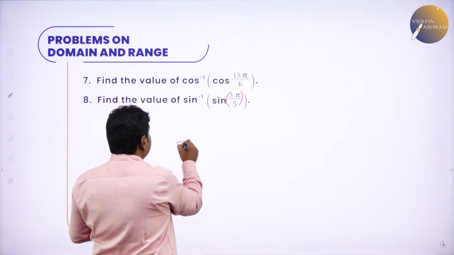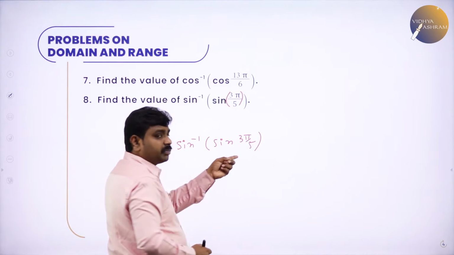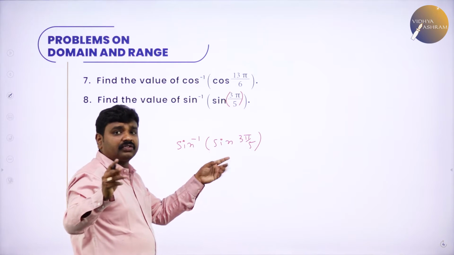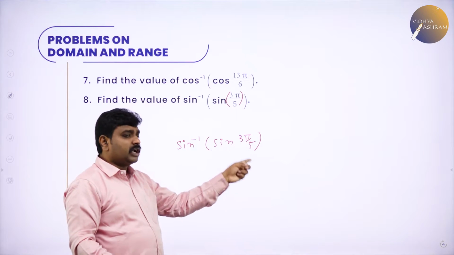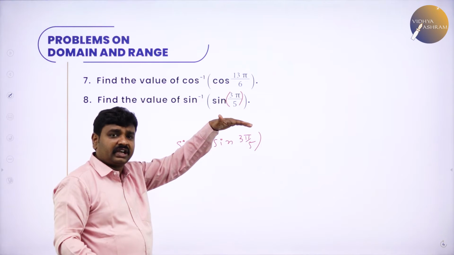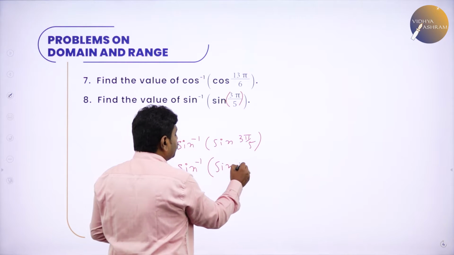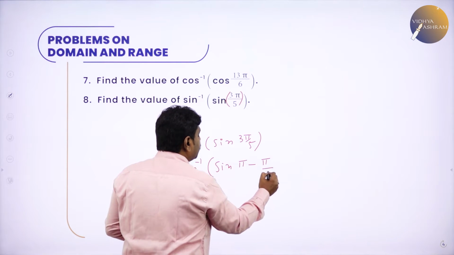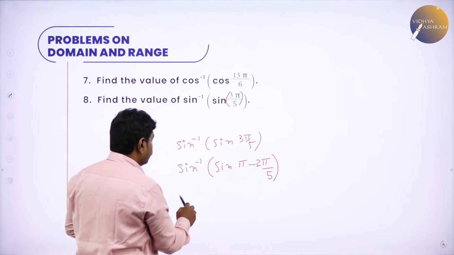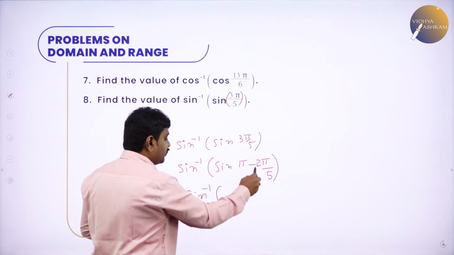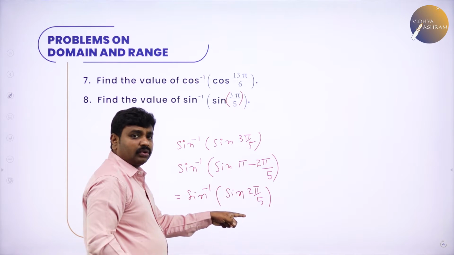So as soon as you see sine inverse of sine 3 pi by 5 was the question, when I calculate 3 pi by 5, and my dear students, you can use calculators also. In the PU board, calculators are allowed. So 3 into 180 by 5, you do, you get 108, which is more than 90. So you have to simplify. Otherwise, not required. So now I can write pi minus pi by 5. Pi minus pi by 5 gives you 4 pi by 5. I want 3, so put 2. So now it is in the form of sine inverse of sine of 180 minus theta. Sine of 180 minus theta is sine theta. So 2 pi by 5. Again use the calculator: 2 into 180 by 5, you will get 72.